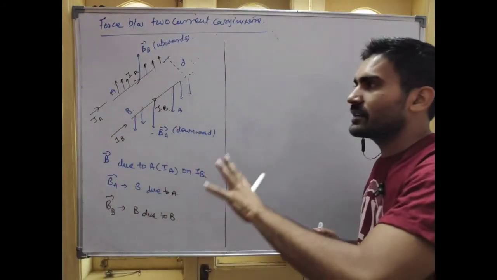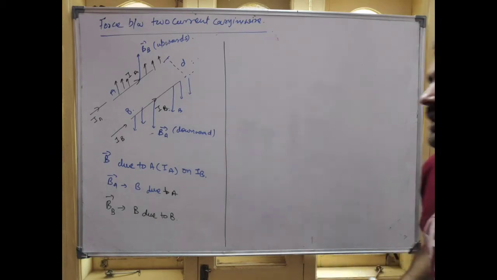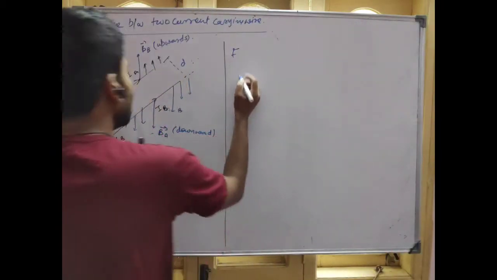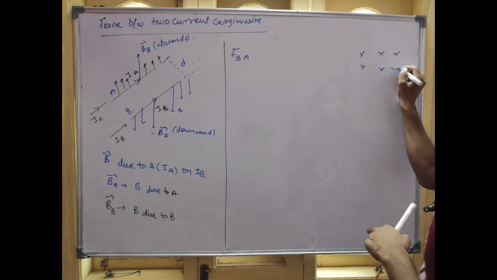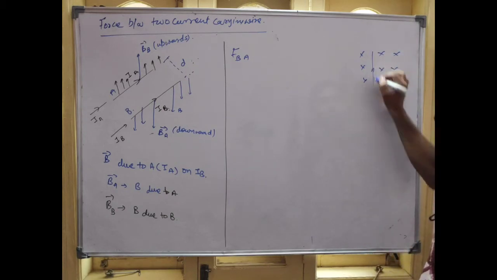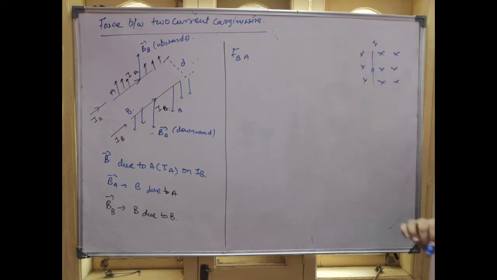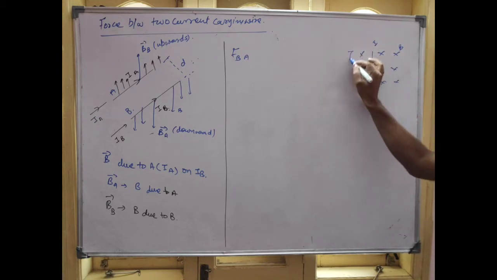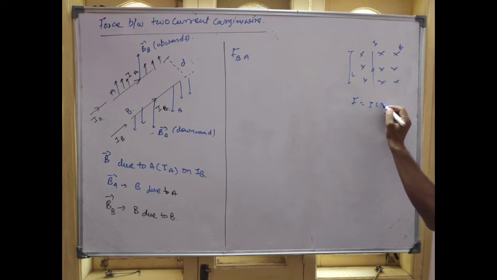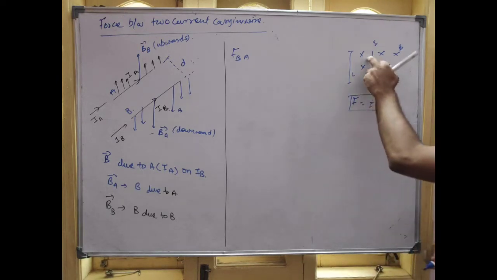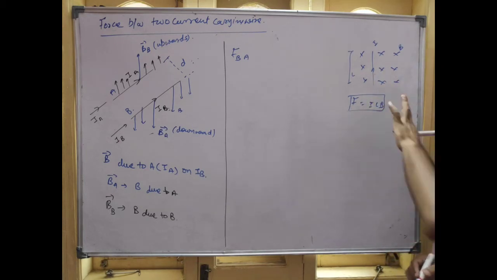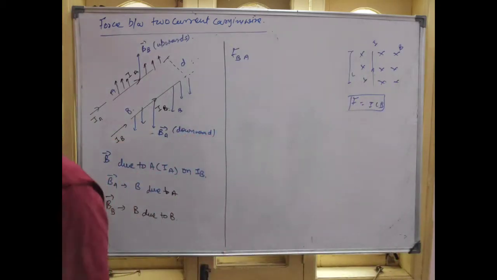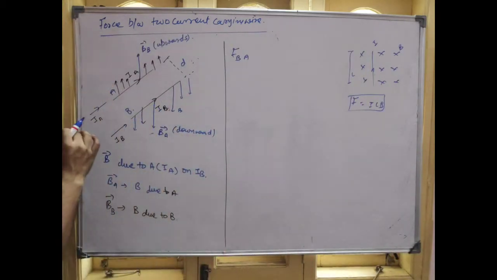So tell me, let's suppose the length of the wires is L. Tell me the force on B because of it. We know that whenever a wire is kept in a magnetic field B, carrying a current I, and the length of the wire is L, the force is ILB. If the angle between L and B is 90 degrees, then the force is directly ILB. Can you tell me what will be the force generated on this particular wire because of A?